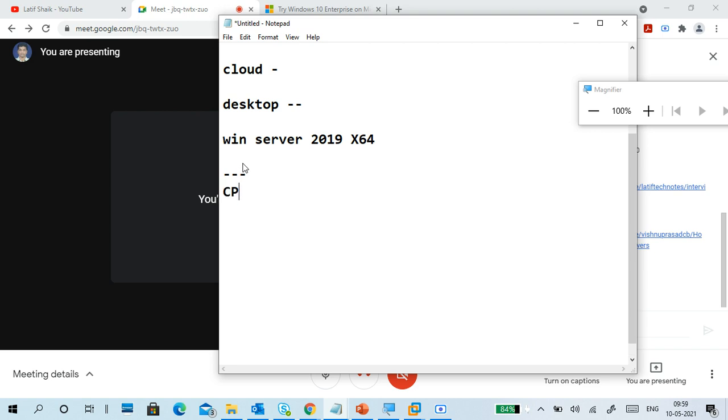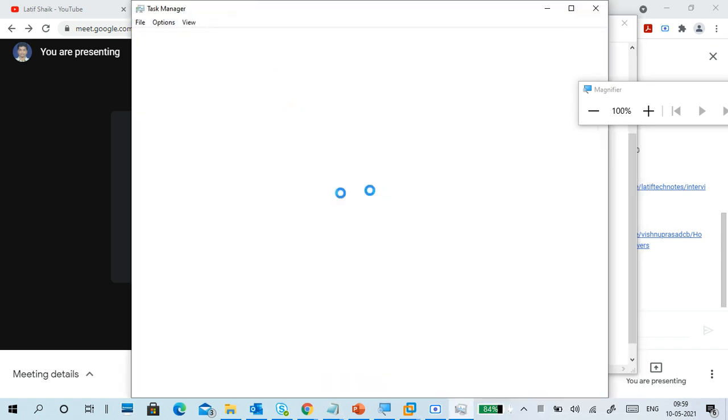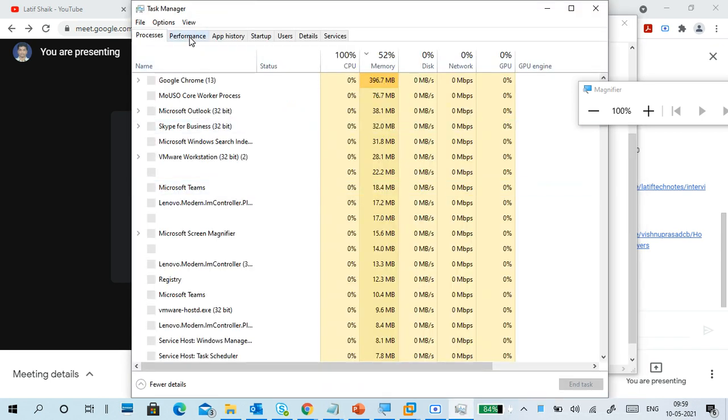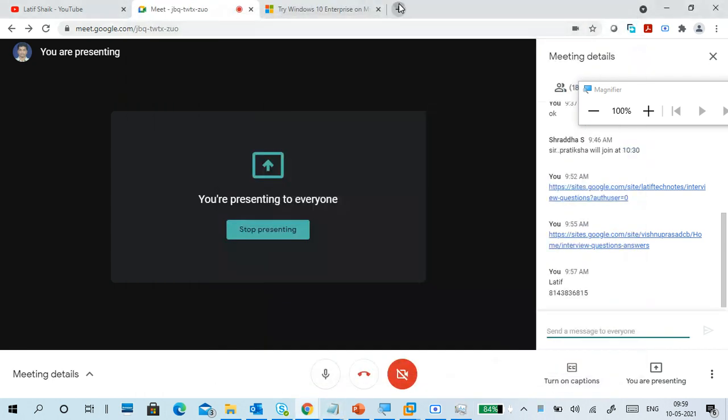Next, what is your CPU model? Check your CPU model and what edition it is, and find out the details. For example, go to Task Manager. I'm already telling you the issues you will get. You can see it is an i5 3230, which means it's a third generation.